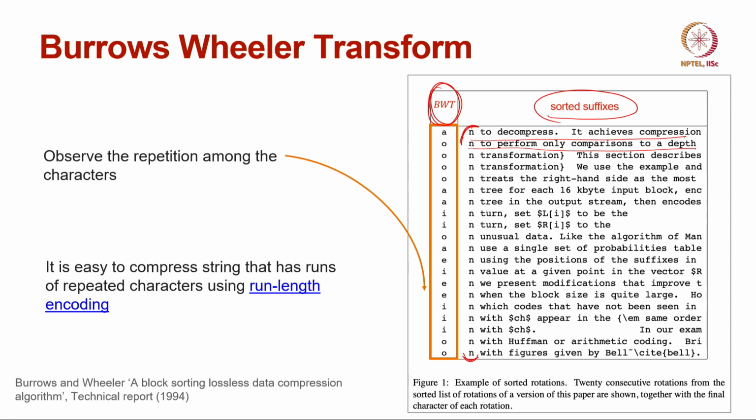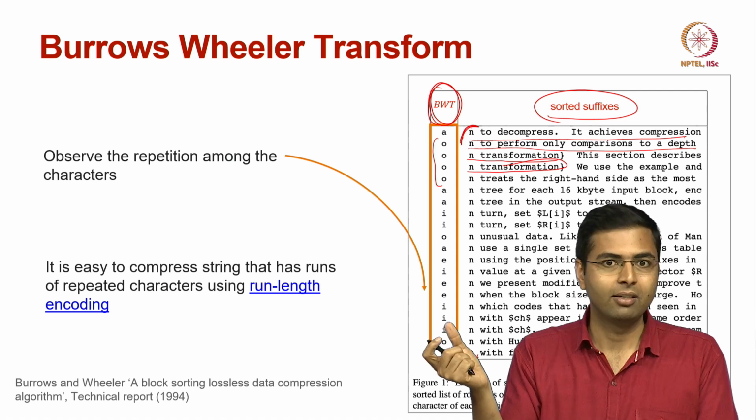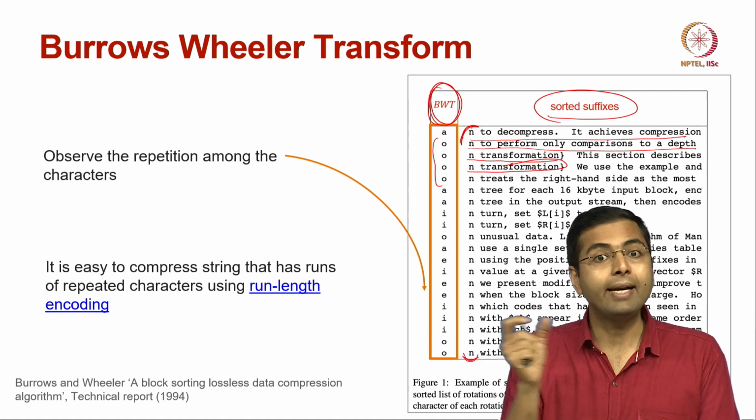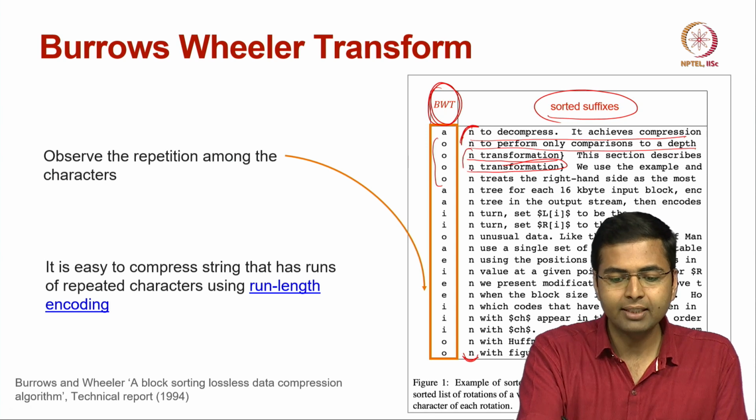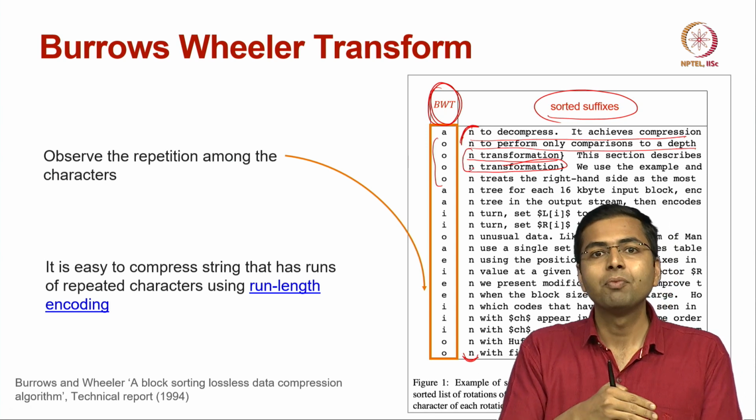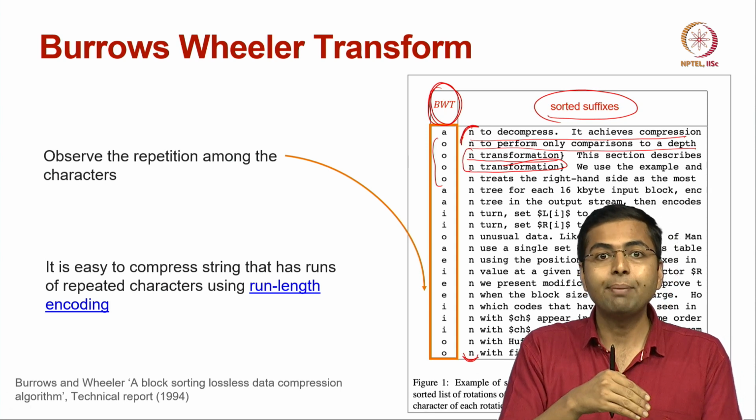and as a result what you see is that similar characters tend to repeat in the Burrows-Wheeler transform. For example, if you have suffixes starting from "n transformation", it is very likely that they will be preceded by o, because it makes sense that "on transformation". It cannot be "and transformation", it has to be "on transformation". So, therefore, similar suffixes will be preceded by equal letters in the Burrows-Wheeler transform,